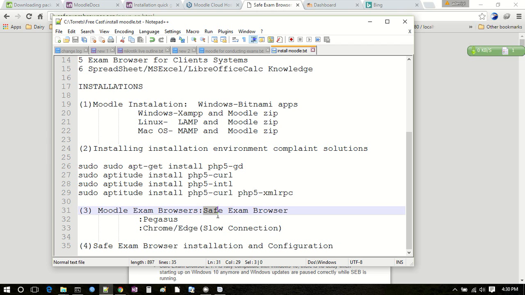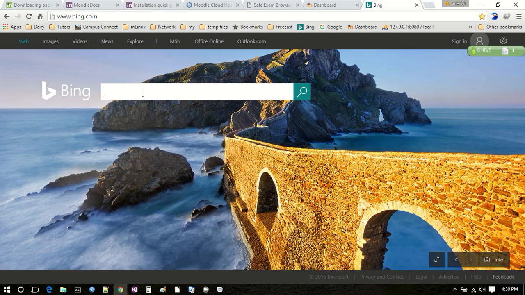You can make use of the most common open source browser, which is Safe Exam Browser, and there are some paid versions like Pegasus. If you don't have access for a test, you can use Chrome and Edge browser, but note you'll be having some slow connection to your client system using these two, but the preferred will be Safe Exam Browser. So you can go to your search engine and type